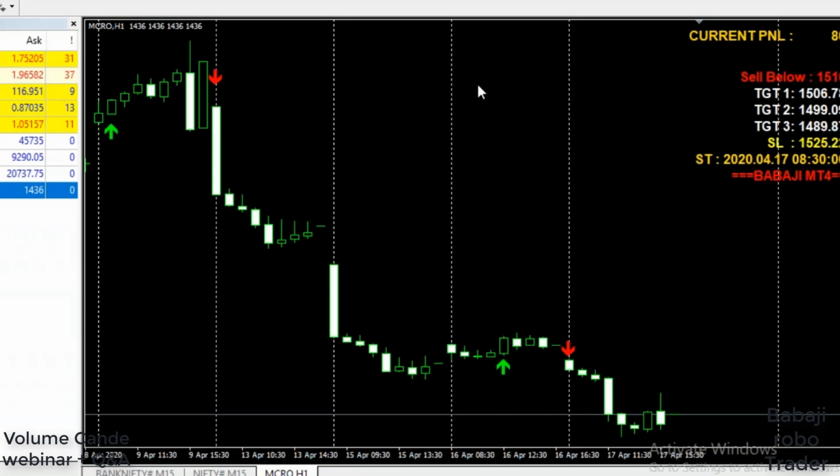Okay, the percentage will be taken by the robo automatically. The only thing we have to set is whether we want to trade MIS or NRML. The fees are about 20,000 rupees for the full year.